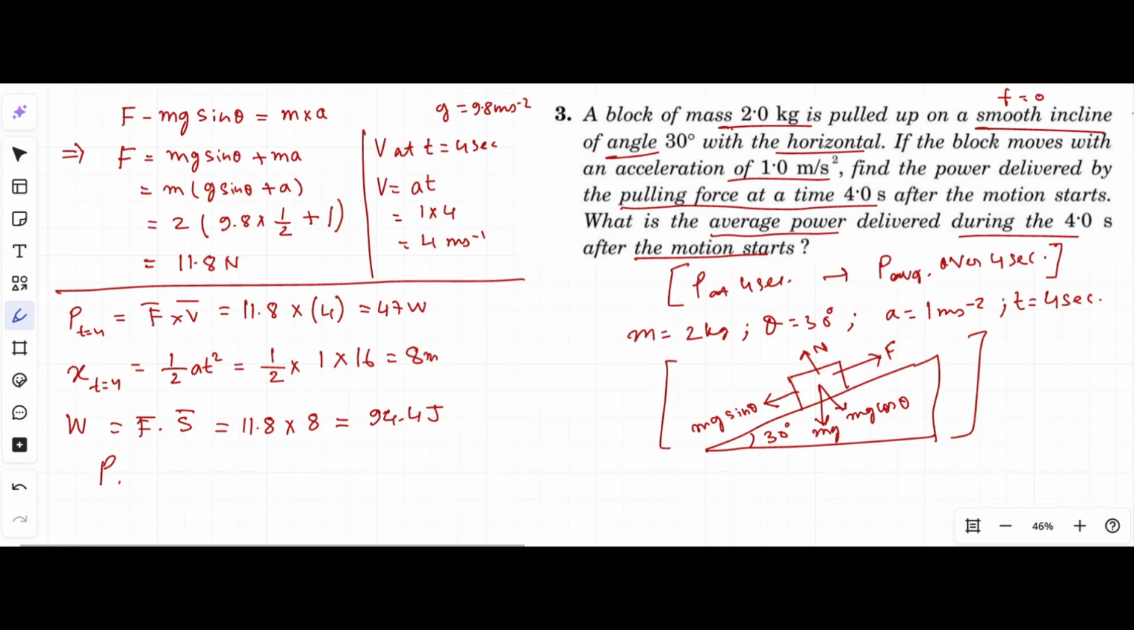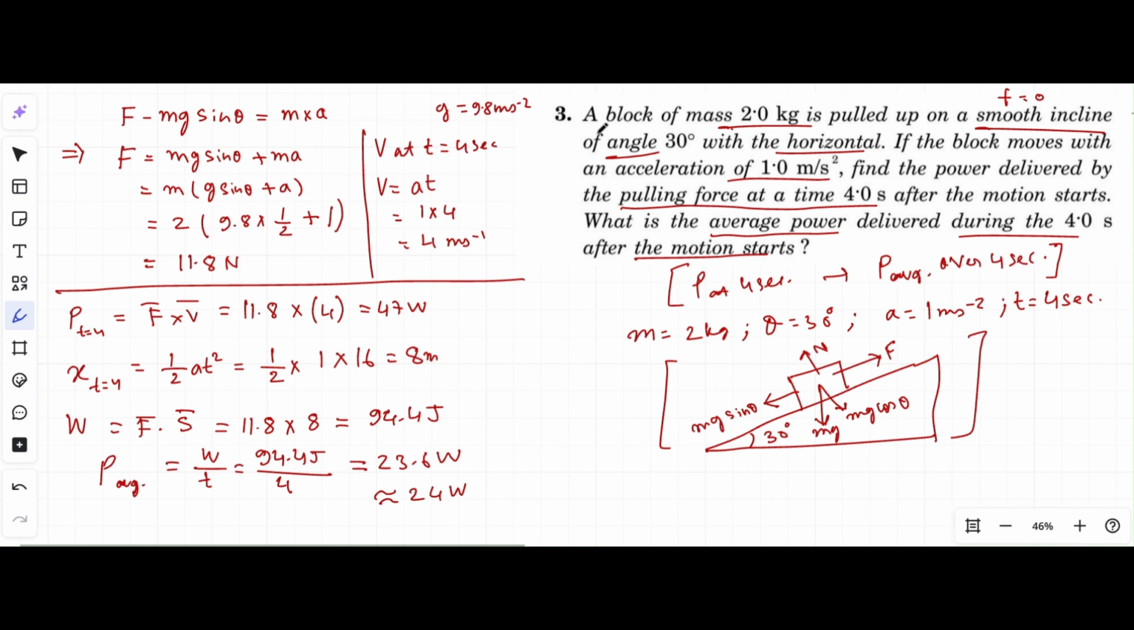So the average power delivered will be work done in 4 seconds by the total time taken. So work done by time taken is 94.4 joule by 4 seconds, which is equivalent to 23.6 watt. So approximately 24 watt of average power is delivered, and instantaneous power at t equals to 4 is 47 watt. So using this question, we understood the difference between instantaneous power